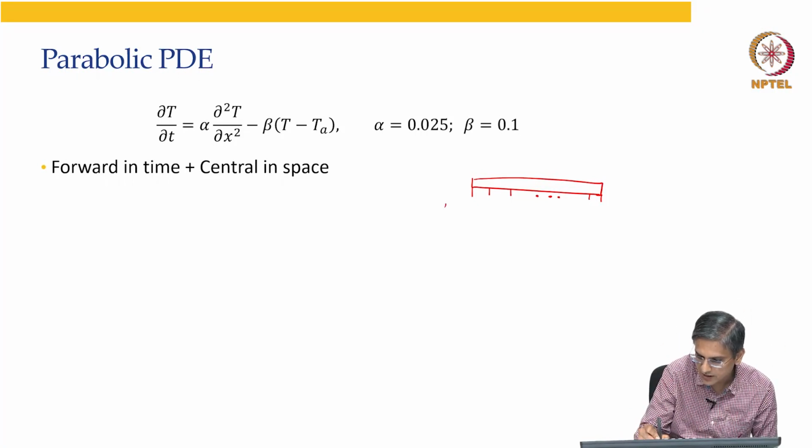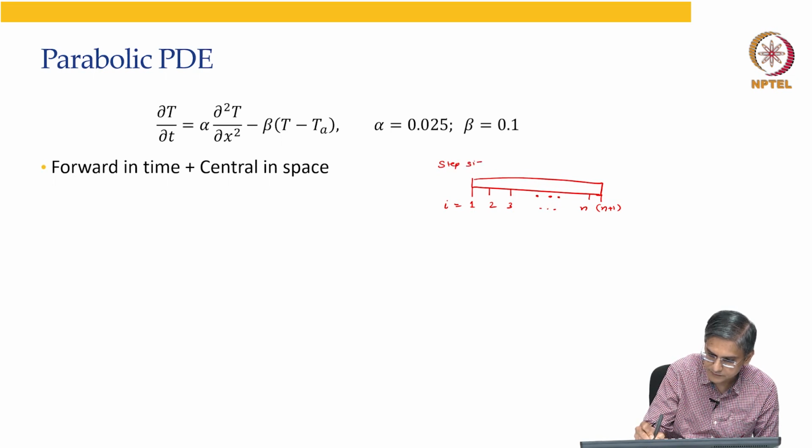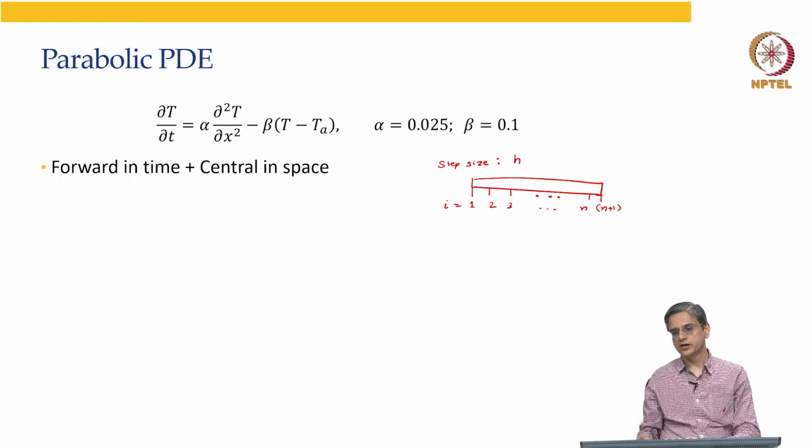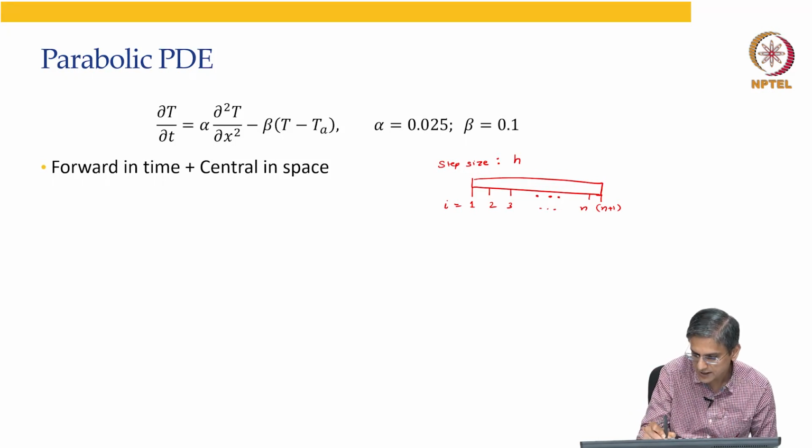So, we will have i equal to 1, 2, 3 and so on up to n plus 1. Our step size, we will call this as h. Now, at time t equal to 0,